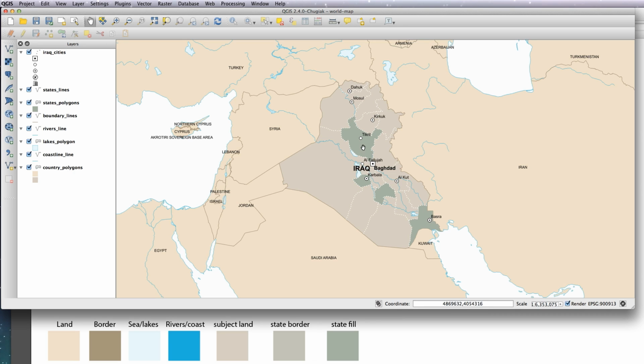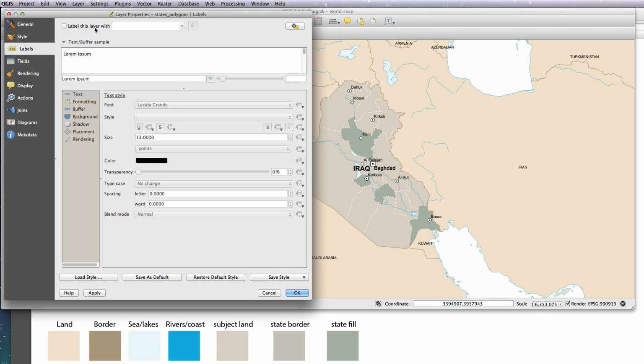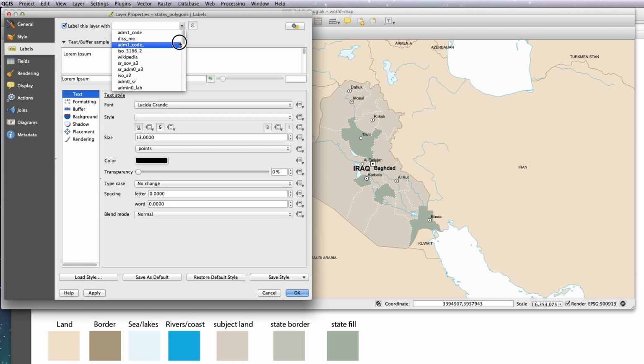Before I do that, I want to add in some state labels to these 4 states that we added in earlier, and also add in a sea color which we haven't got yet. So in order to do that, just double click on the state polygon layer, go to labels, label this layer with, and choose name. I'm going to use Arial